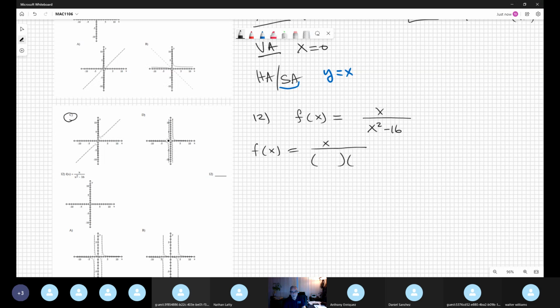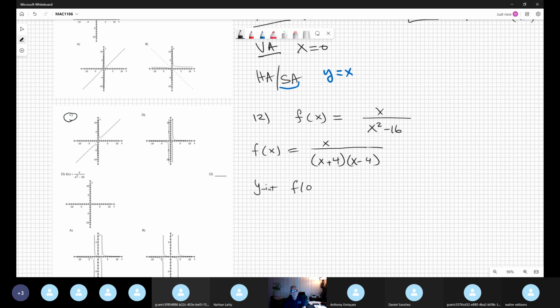Okay, in this case, it's a difference of squares. Easy. It's x plus or minus 4. Well, in this case, there are no factors that you cancel out. That's the reason we have no holes. Okay. Now the next step is the y-intercept,